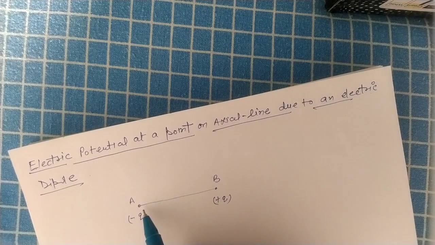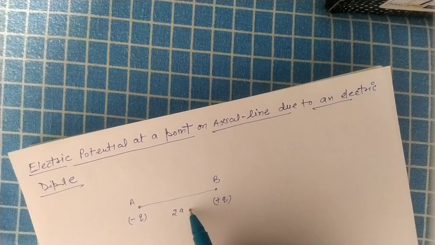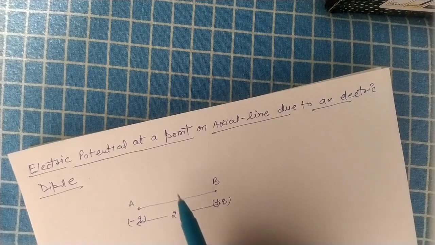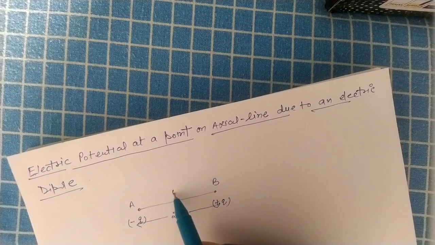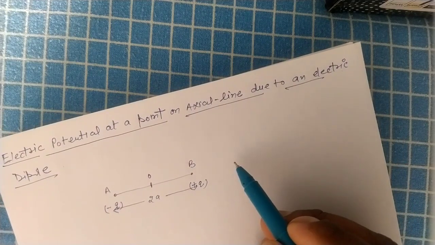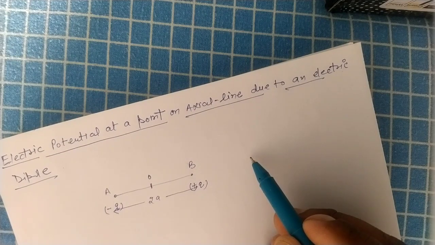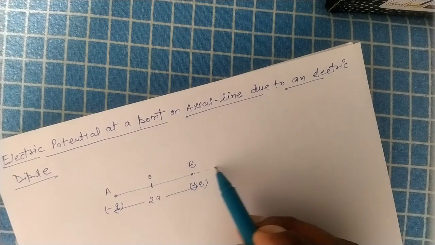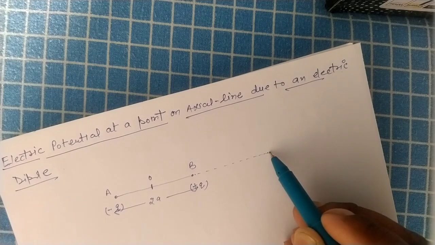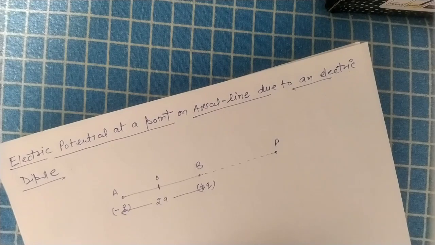Both the charges are separated by the distance 2A, distance between point A and B. O is the center of dipole AB. Let a point P be any point on the axial line where the electric potential is to be determined. Axial line के ऊपर हम कहीं एक पॉइंट P लेते हैं जहां पर इलेक्ट्रिक पोटेंशियल मेजर करना है।